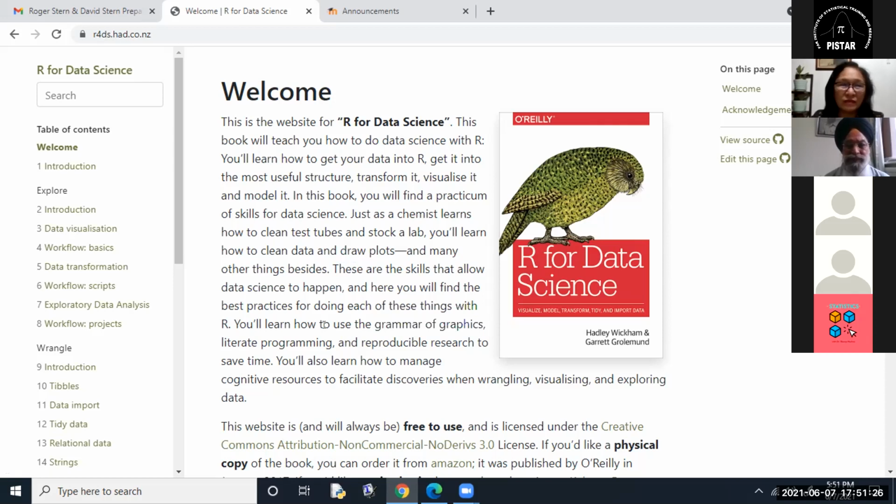Okay, anyway, you learn how to use the grammar of graphics, literate programming, and reproducible research to save time. You'll also learn how to manage cognitive resources to facilitate discoveries when wrangling, visualizing, and exploring data.